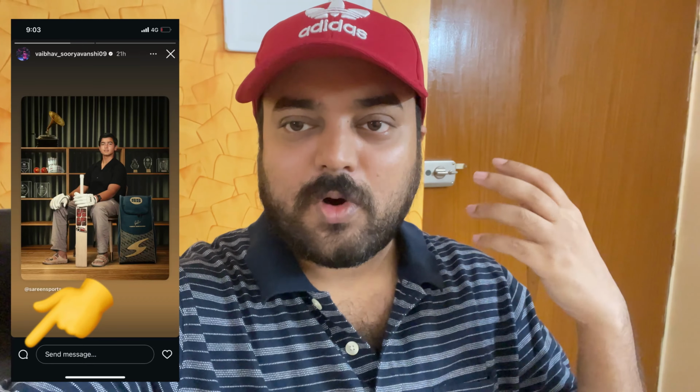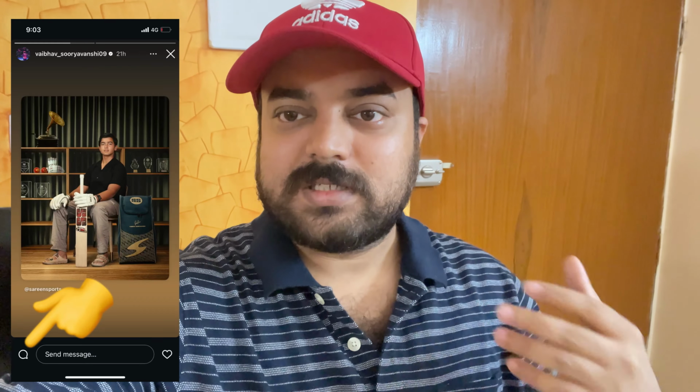So as we have seen, we have an option to comment on Instagram stories. I'm not talking about the reply option which goes to the inbox. This is about the comment section. So if you have commented something on an Instagram story, how to delete that, I will show you on my mobile